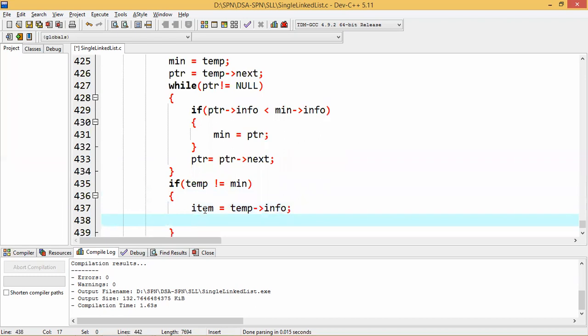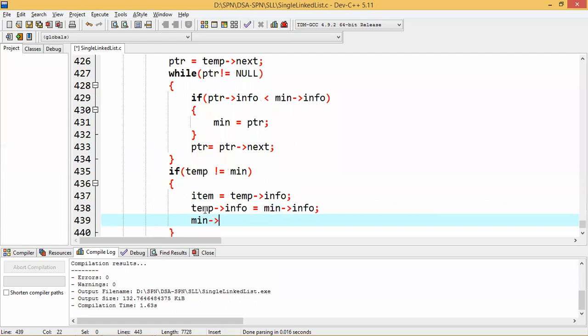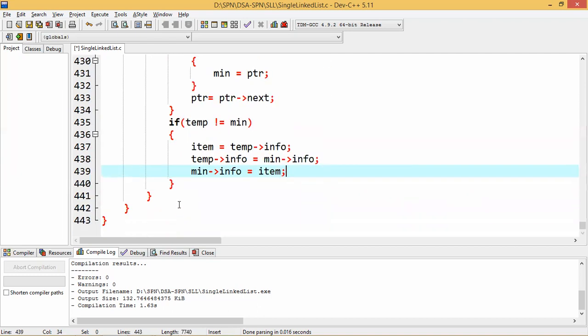So temp info I'm keeping in item. Temp info, I'm assigning the value of min info, and min info I am assigning item.